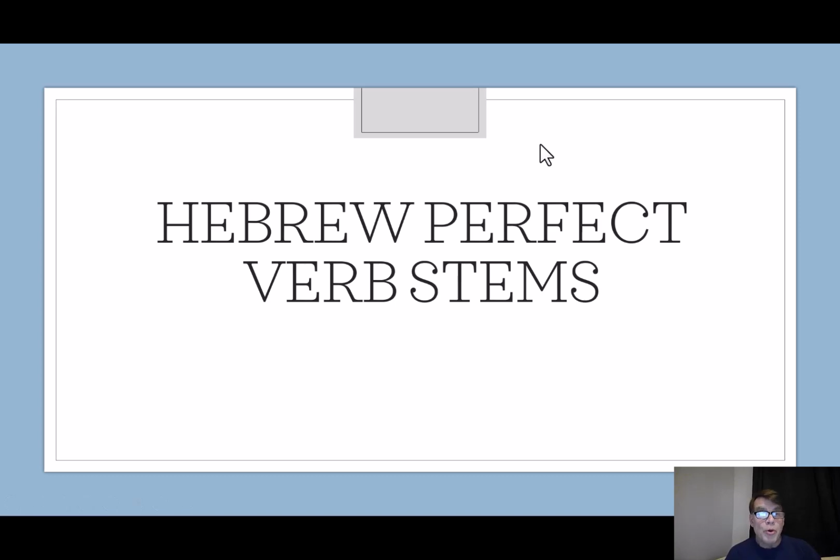Okay, we're now at the point where I want to pause and get a systematic overview of the various verb stems. So we know that there are two basic tenses in Hebrew. There's the perfect and the imperfect tense. Well, there are a number of stems that Hebrew can do with its verbs as well that tweak the meaning